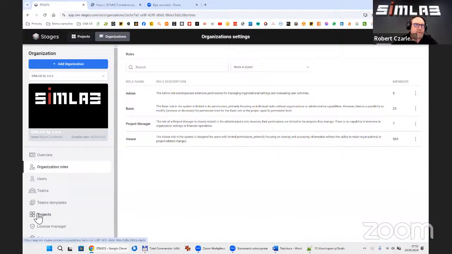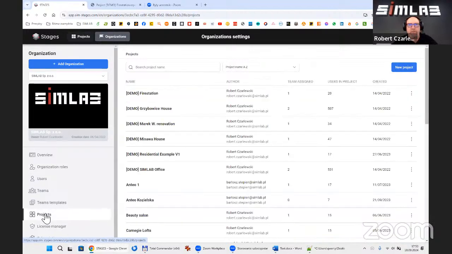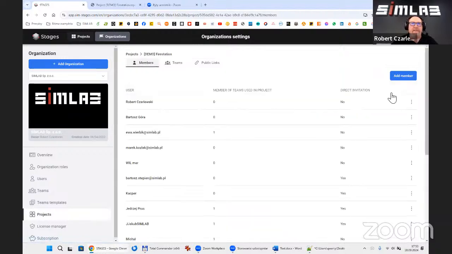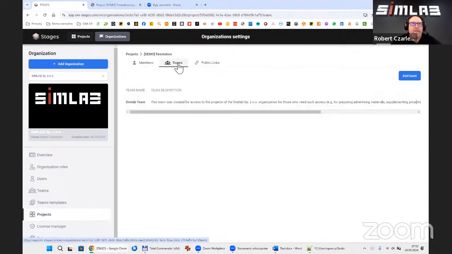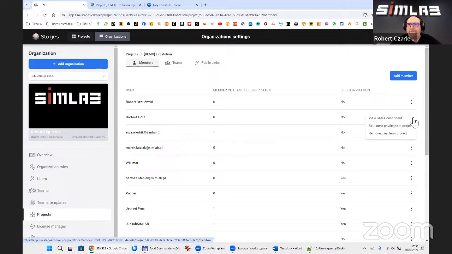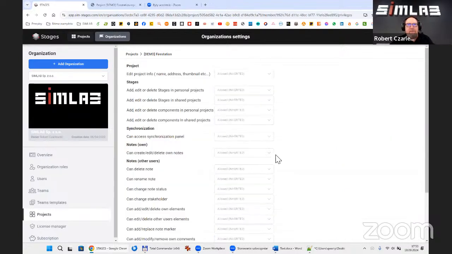But also there is a projects menu here, and I can go to the project dashboard and see some more details, some more organization details of this project. So I have a list of the members, I have the list of the public links, teams, and for the user, I can set up the privileges for this particular project.